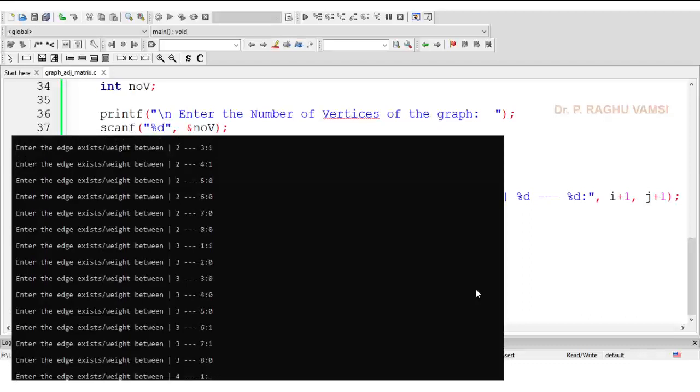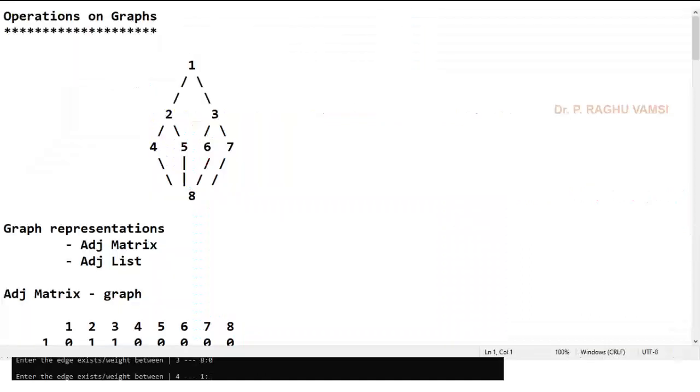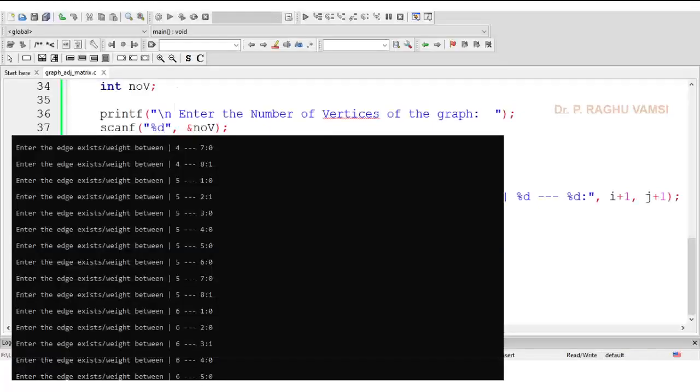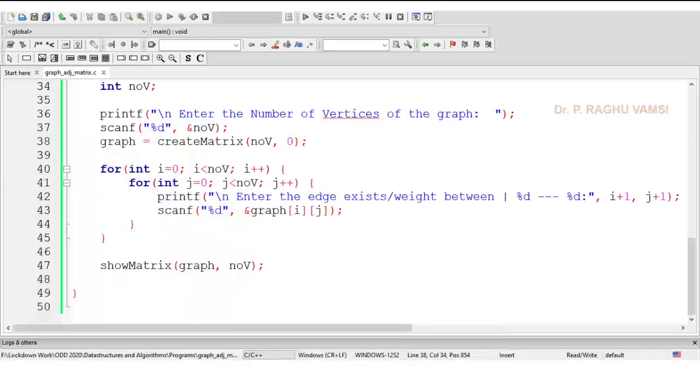Next 4 to 1. Look at the graph, in which 4 to 2, 4 to 8. The remaining ones are zeros. In this way, you keep entering the values and see the result. In order to see the result, you are aware that show matrix of graph comma NOV, that is, number of vertices, will print the matrix.